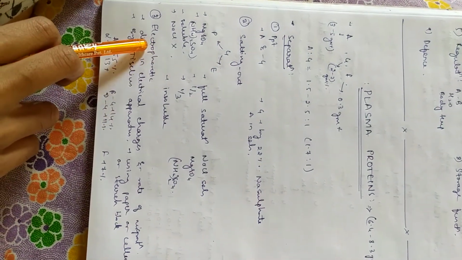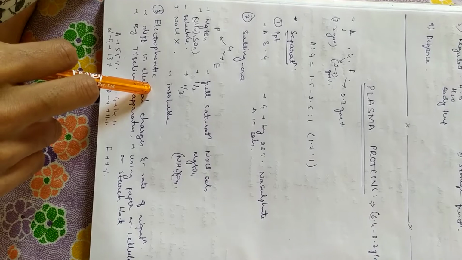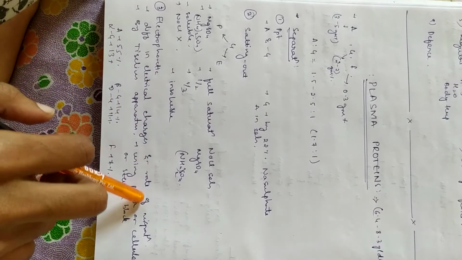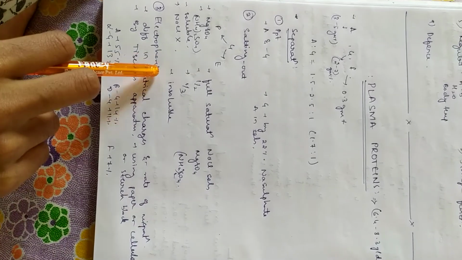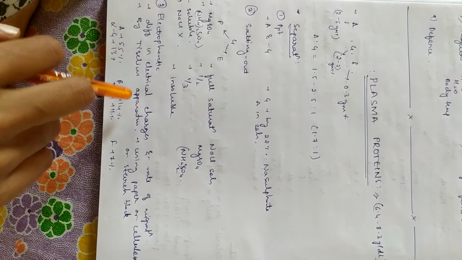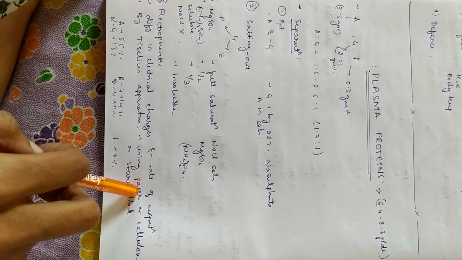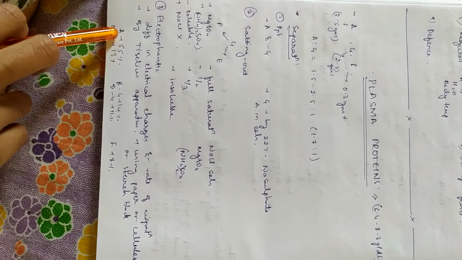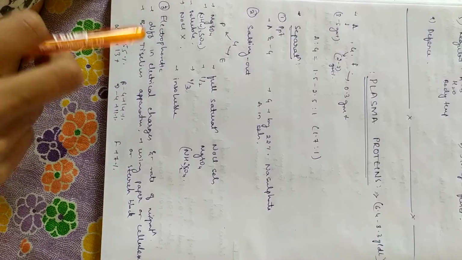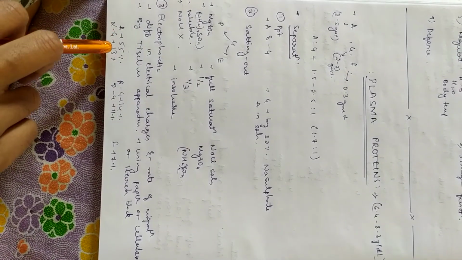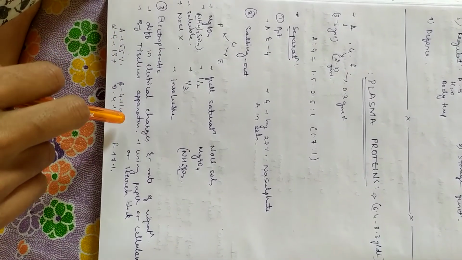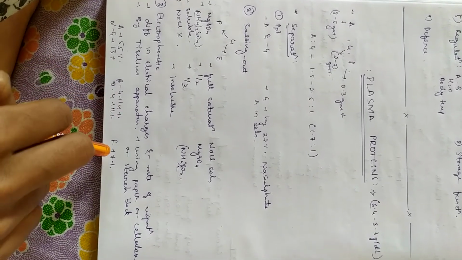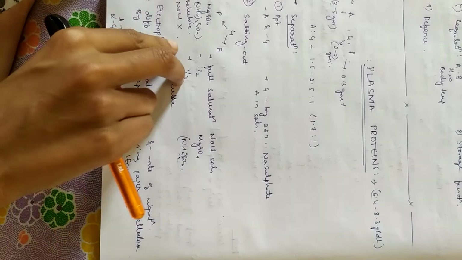Coming to the third method, electrophoretic method. This is based on difference in electrical charges and its rate of migration. This can be done with Tiselius apparatus, where we use a paper or cellulose or starch block. Here, albumin is 55%, alpha globulin is 13%, beta globulin is 14%, gamma globulin is 11%, and fibrinogen is 7%.